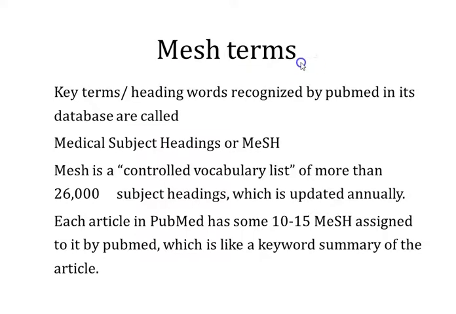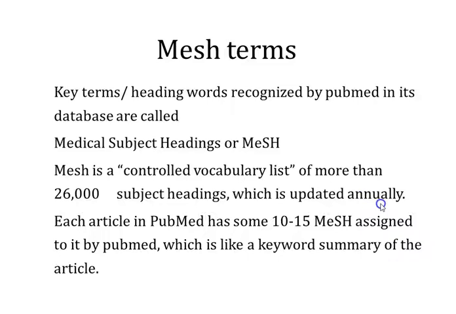What are MeSH terms? Basically, it's a list of headings, the key terms or the heading words recognized in articles by PubMed. And these stand for Medical Subject Headings. It is a controlled vocabulary list of more than 26,000 subject headings. And this list is updated annually, as more and more articles are